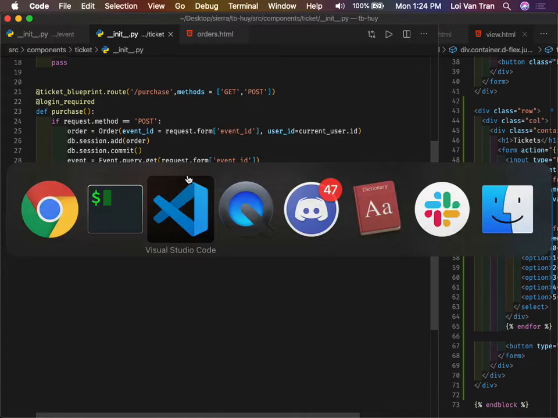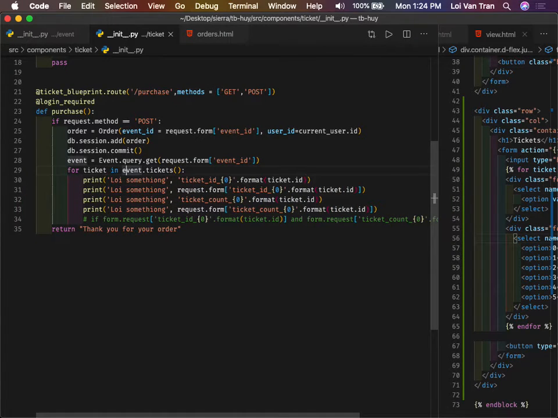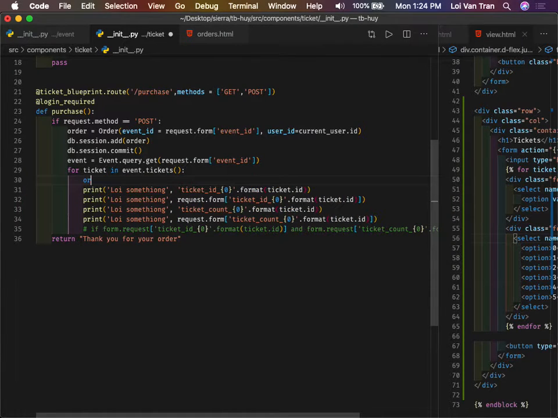So now we have all the data that we need. We're gonna say order item is equal to order item. We're gonna create a new one. The order item belongs to an order ID, and that's gonna be order.id. And then the next thing is gonna be ticket ID is equal to